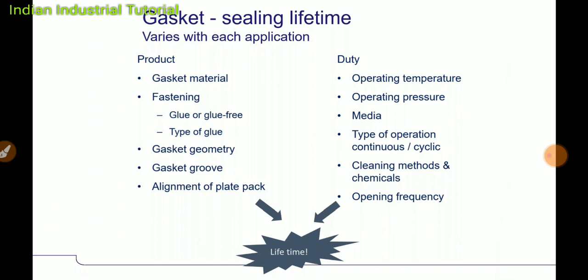Gasket sealing life depends on what product we are using, and the gasket material. Earlier I also told that gasket material should be from a certified supplier. It is not only NBR, not only EPDM, not only Viton. Those gasket materials have plenty of variety. If it is nitrile rubber, there are 200 types of nitrile rubber in the market. Even a pressure cooker ring has nitrile rubber, and at the same time the rubber we use in our home tap water is also nitrile rubber.